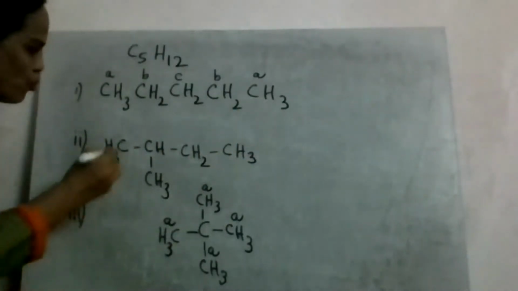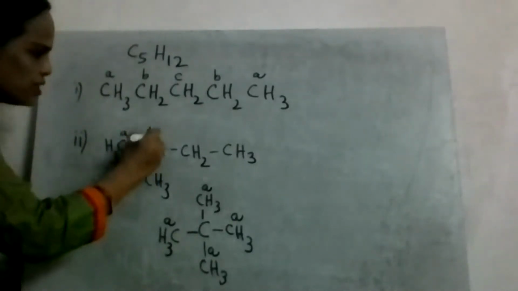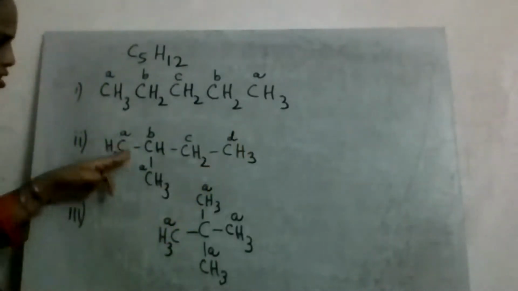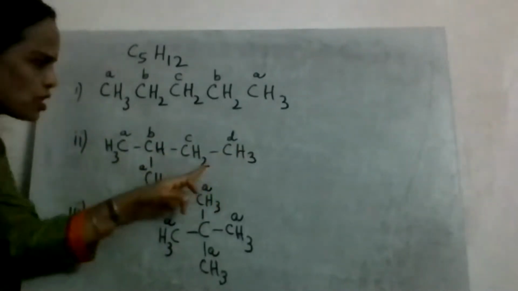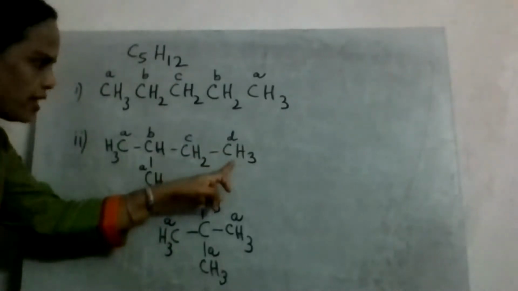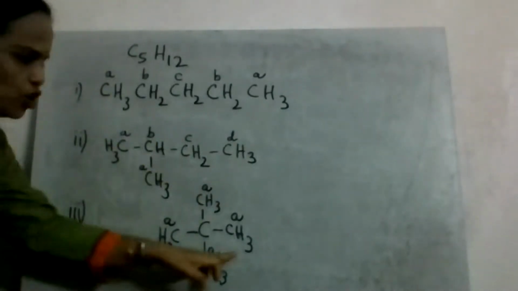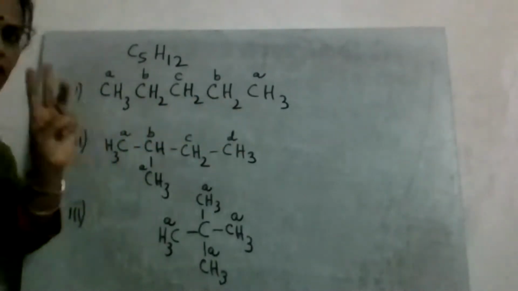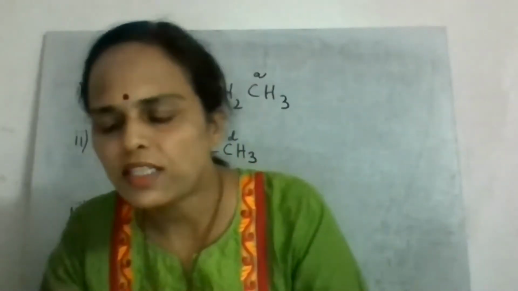And 4 monochlorides here you see. This is replaceable hydrogen atom A, B, C, D. Since there are 4 different replaceable hydrogen atoms, this compound, isopentane, 2-methyl-butane, will yield 4 monochlorides. Neopentane will yield 1 monochloride, and n-pentane will yield 3 monochlorides respectively. I hope you understood that answer. Let's come to the next question now.